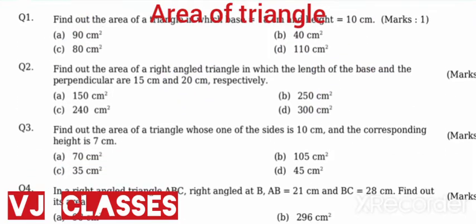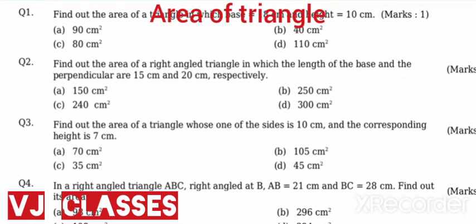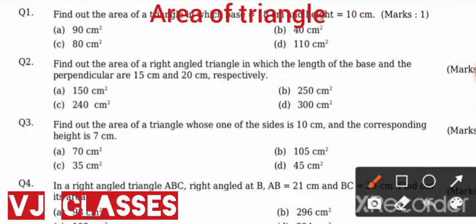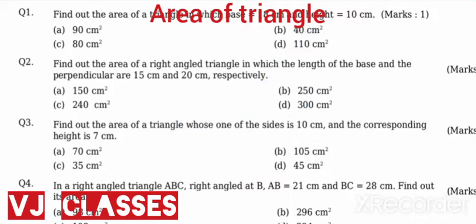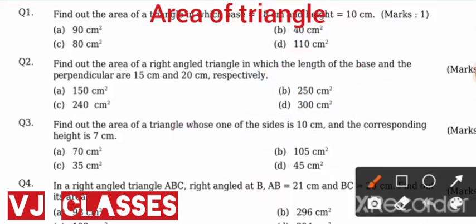Okay, second question is that find out the area of a right angle triangle in which the length of the base and the perpendicular are given here. So in right angle triangle, understand right angle triangle already here, one here 90-degree angle. So this is base because on this side the triangle is standing, and the height, this height is known as perpendicular height. Why? Because already in right angle triangle 90 degrees there. So again use the same formula, and same formula is what? It is half base into height.